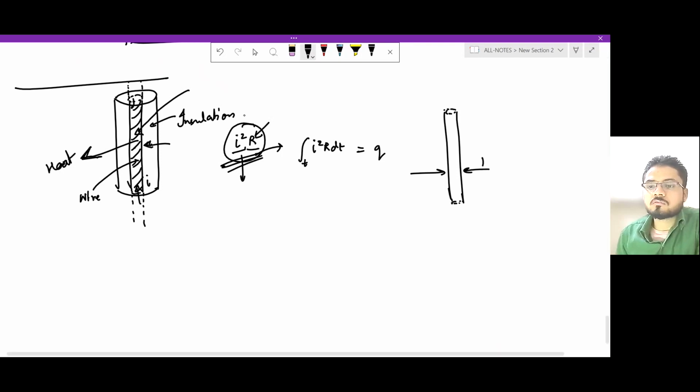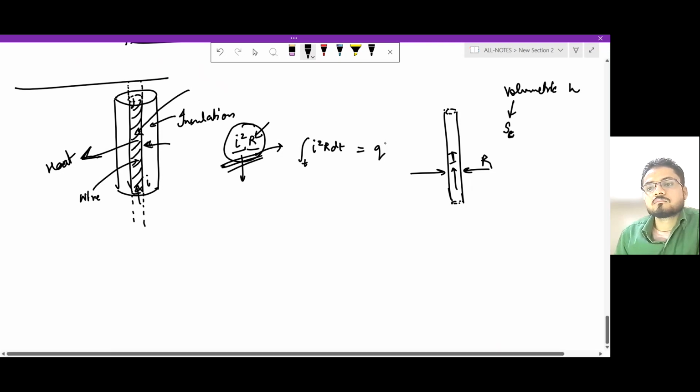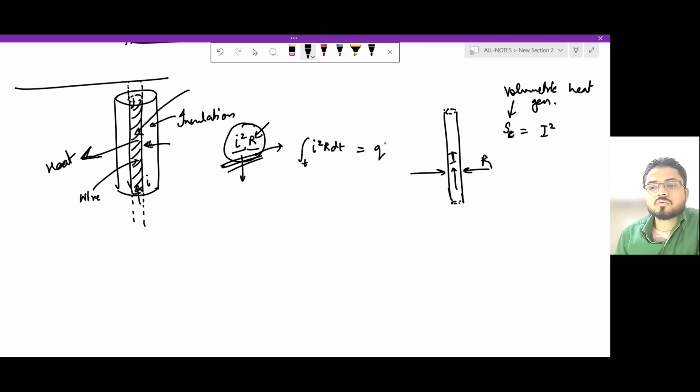We are not concerned about the insulation part. Let's call this radius R, and you've got a uniform current I flowing right through the wire. So you could write this S_E or S_C. Let's call this the volumetric heat generation. So this can be written as I squared